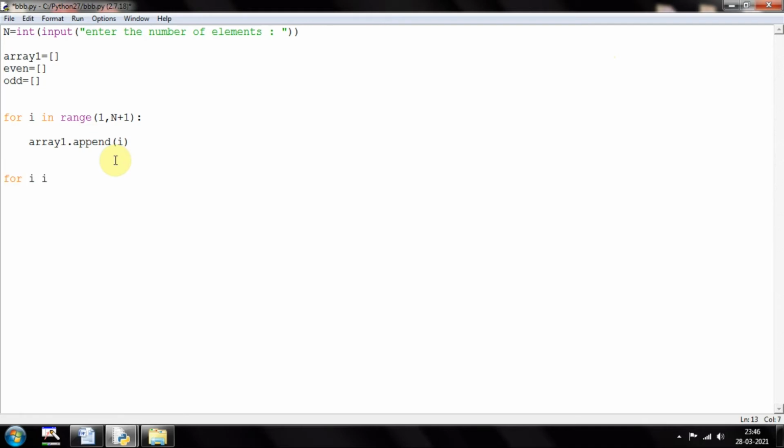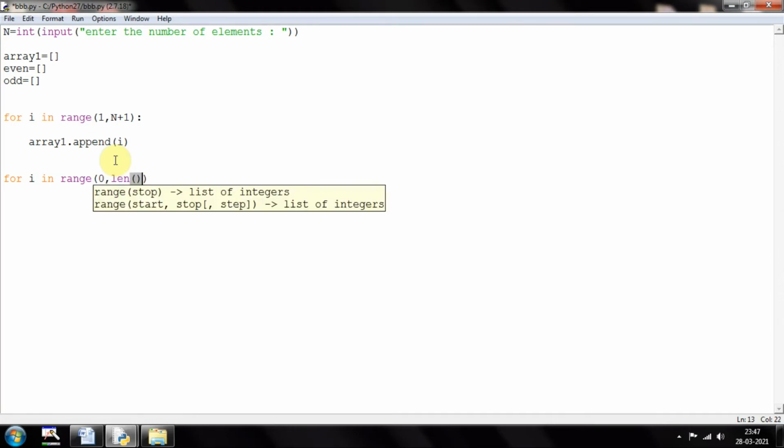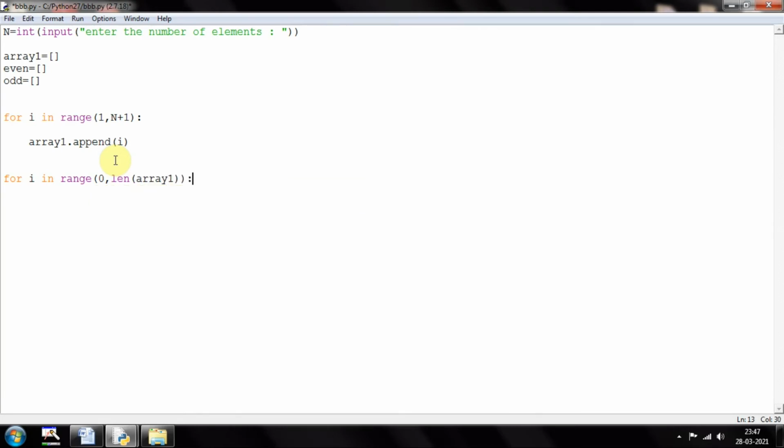So for I in range, I'll be taking from 0 to length of array 1. So that is the for loop which will be writing, and after that I want to check whether it is odd or not. So how we can check? So with the help of a modulus function. Yes, you are right. So I will be using modulus function, like if I modulus 2